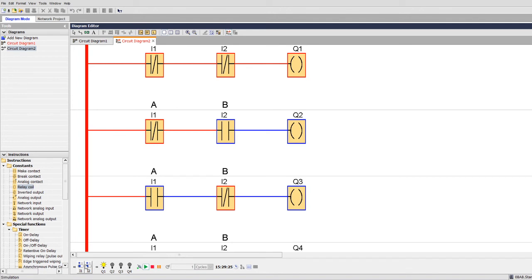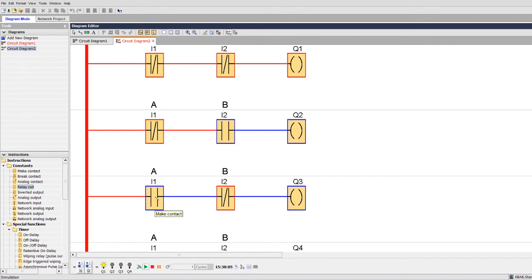Okay, and next, what is the next state? This state is 0 0. For 0 0, Q1 goes to high and the rest of the outputs go to 0. And the next one is the 0 1 state. When we look at the ladder logic for the 0 1 state, A is in an activated condition, B is in an activated condition and Q2 goes to high state. That means in the theoretical part that D1 goes to high state. Look here, Q2 is on and the remaining outputs are in the low state. And the next one is 1 0.